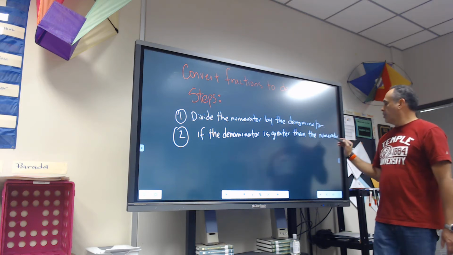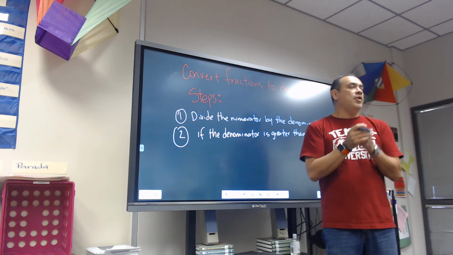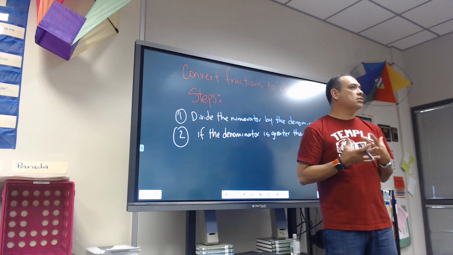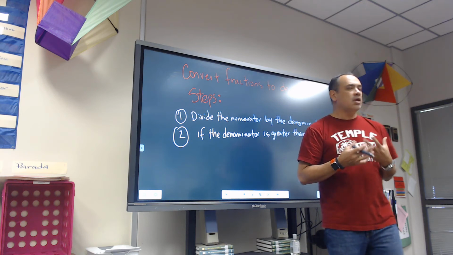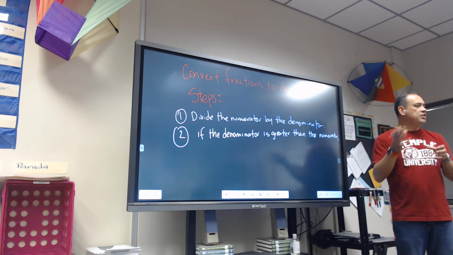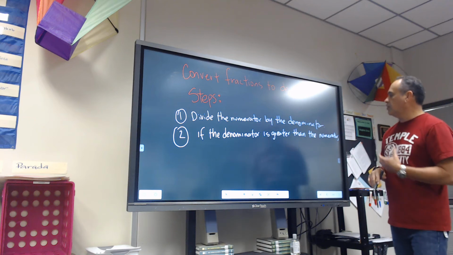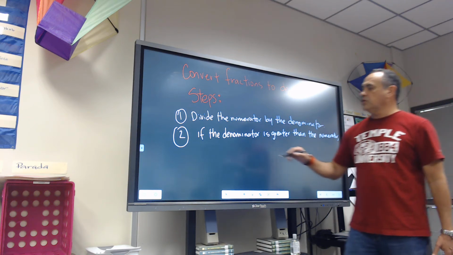It's a proper fraction. What we're going to do, for example, if I have 3/5, will 5 fit into the 3? No. No, okay. So if your denominator is greater than the numerator, you are going to put